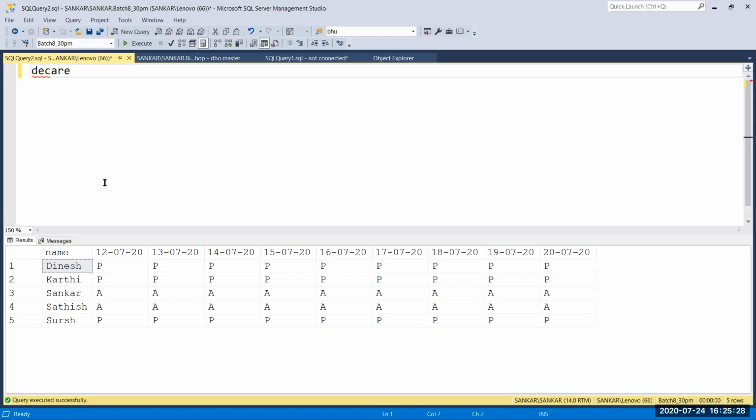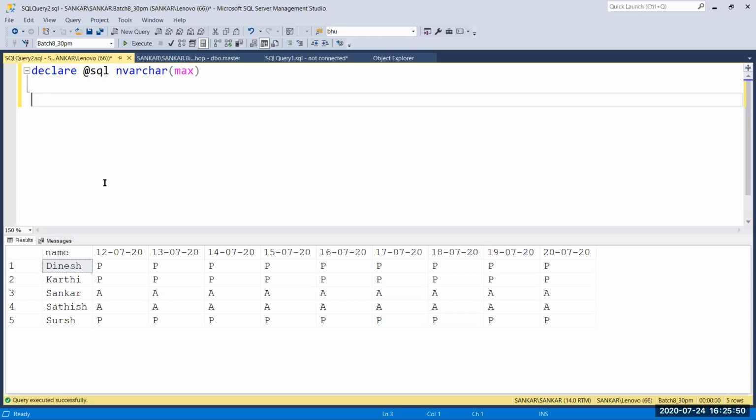First I'm going to declare some variable. I'm going to pass a variable called @sql, that is my variable, and I'm going to give nvarchar(max). Then here I'm going to set @sql.